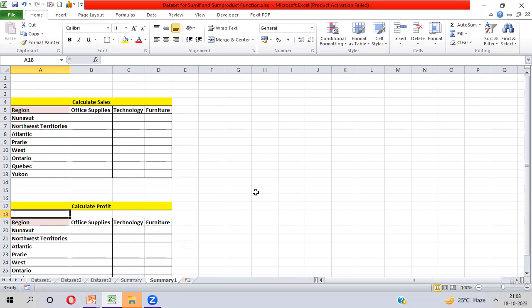So here, region is a column, and on the basis of different product categories, this is the name of the product category. So on the basis of this region and product category, you have to calculate the sales value. So how can we calculate the sales value? You need to apply here equal to